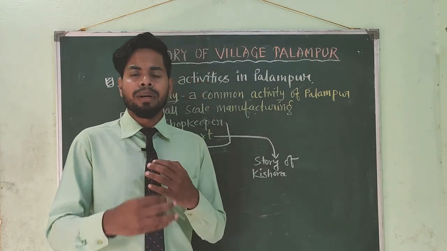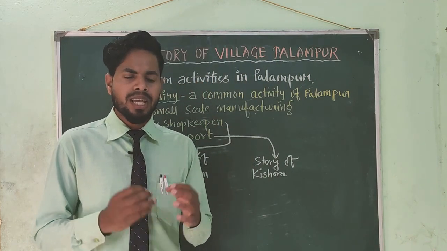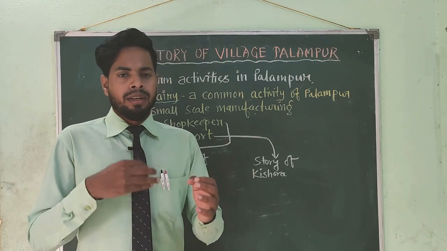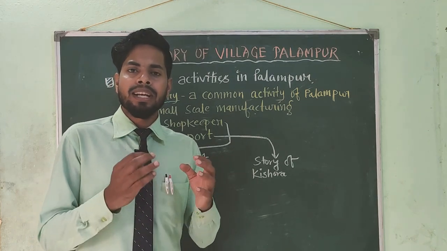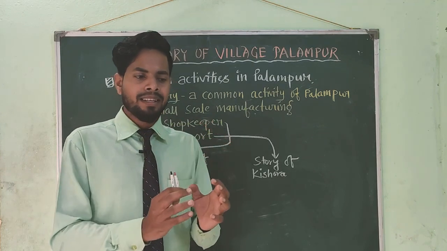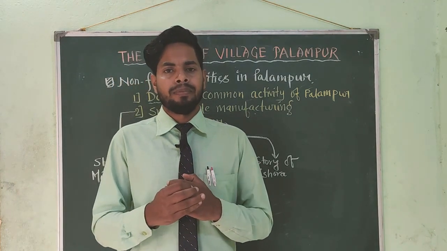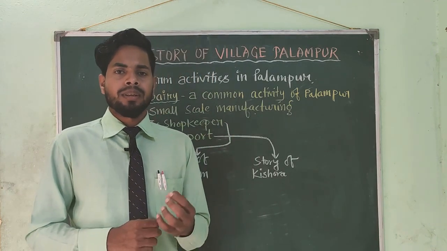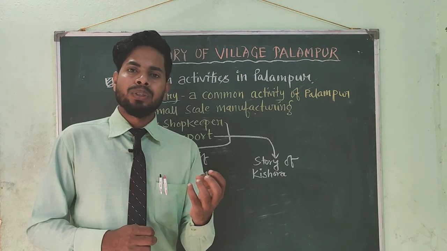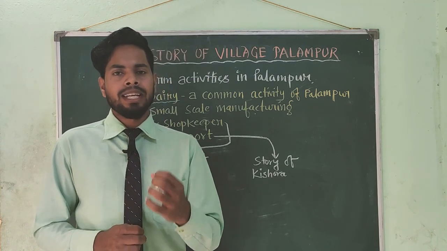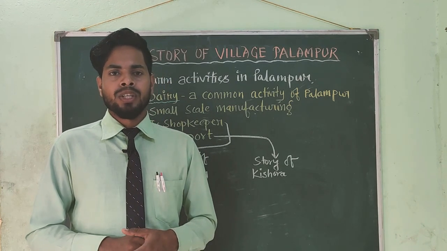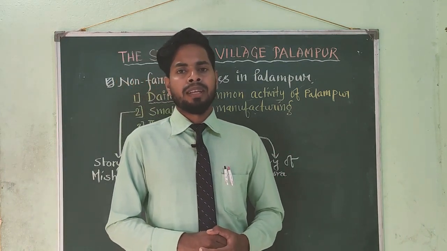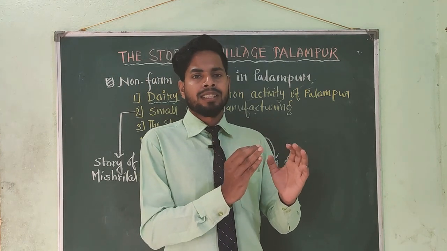Dairy is a common activity of Palampur. Some people are involved with it. People feed their buffalo varieties of grass and jowar and bajra that are produced mainly in the rainy season. In Palampur, people grow jowar and bajra as a kharif crop in the rainy season. We already learned it. So people feed this jowar and bajra to their buffalo, and they sell the milk in